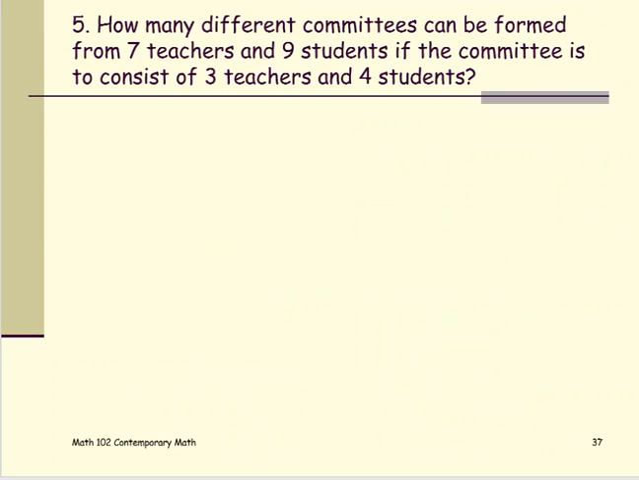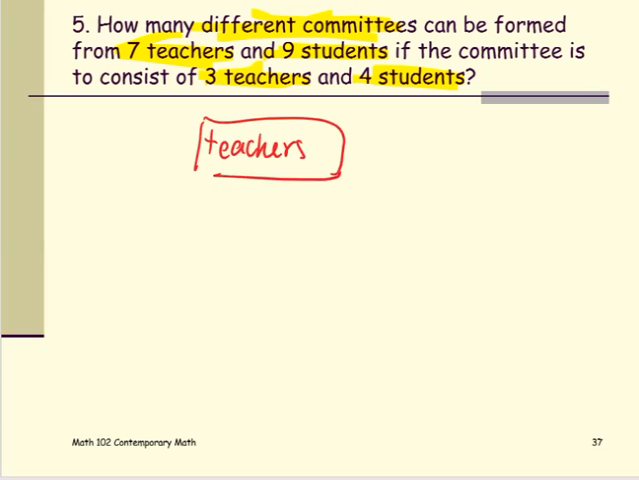Another example that's similar to the previous one. How many different committees can be formed from 7 teachers and 9 students if the committee is to consist of 3 teachers and 4 students? So these 2 groups are independent from each other. So the teacher group and the student group,